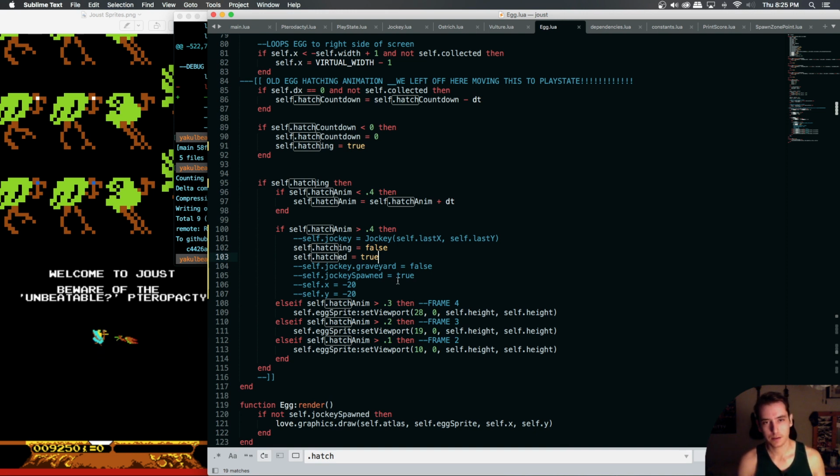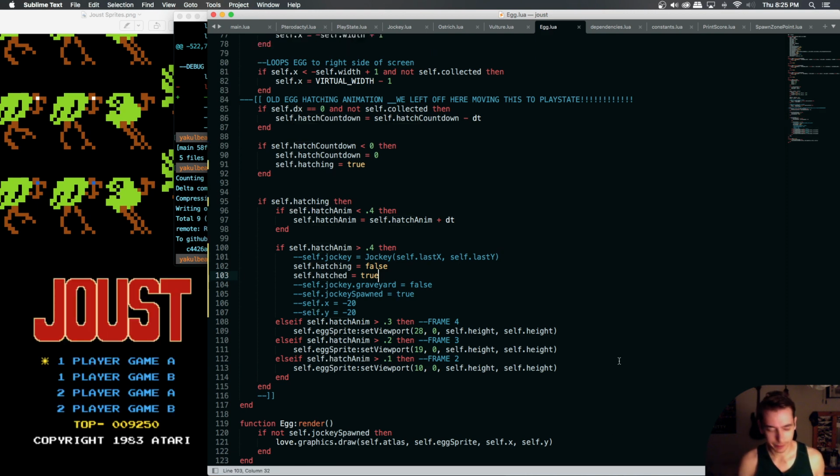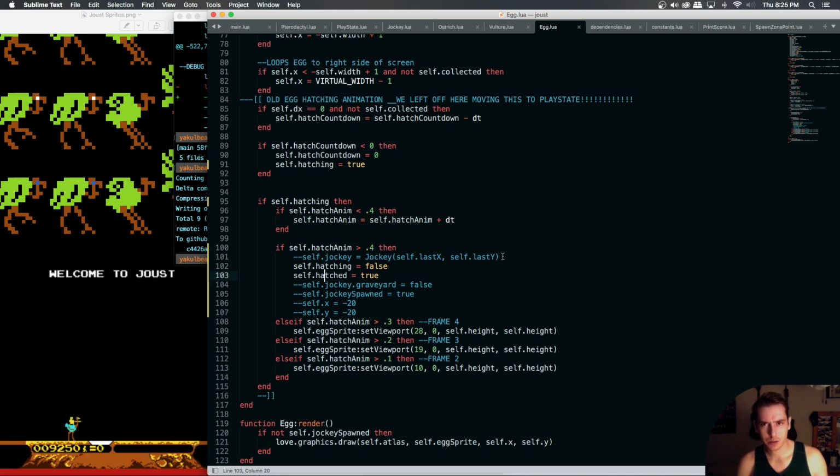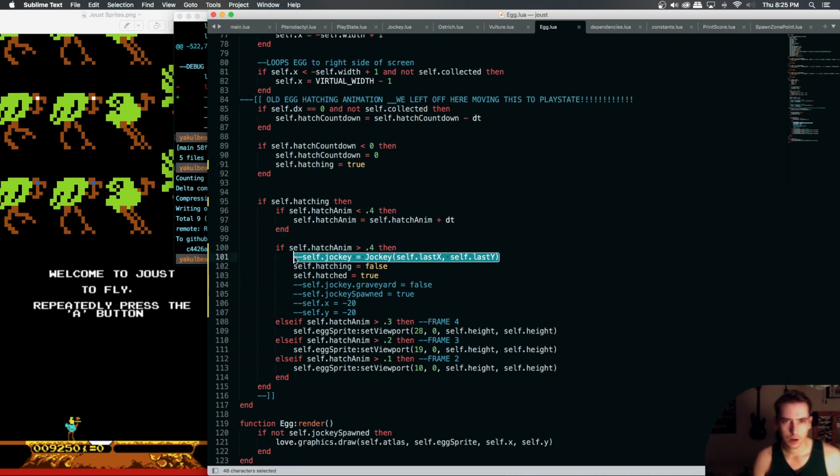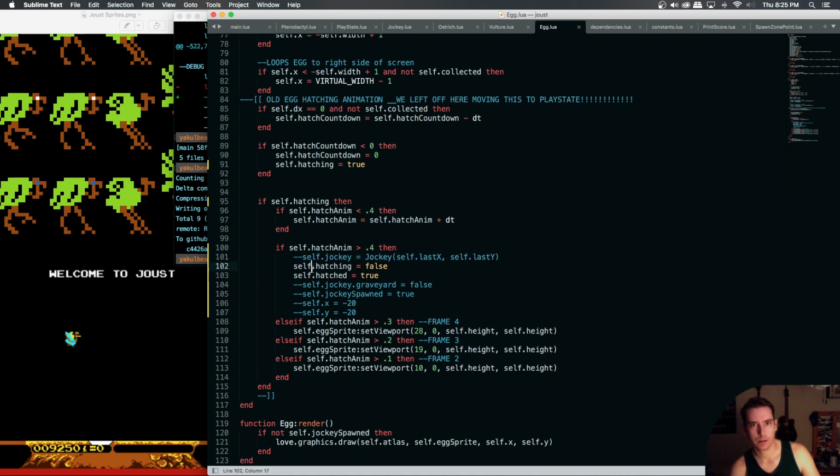Okay, this should all work. He says before it's all busted and he can't figure it out. So we can keep the self-hatch animation and self-hatching and self-hatched. We just need to add in the collision when we collide with an egg that, or actually,